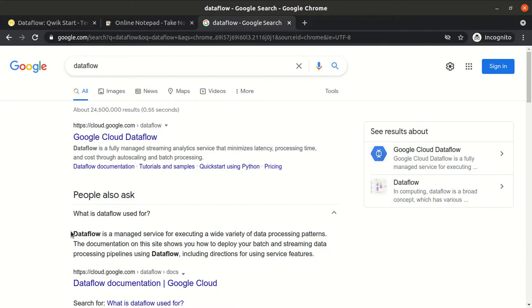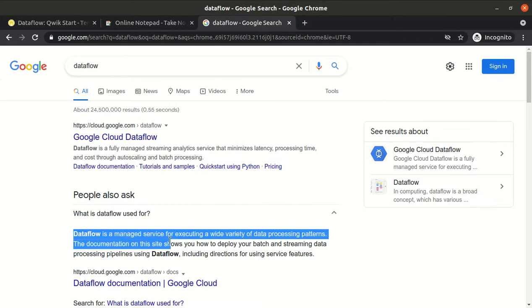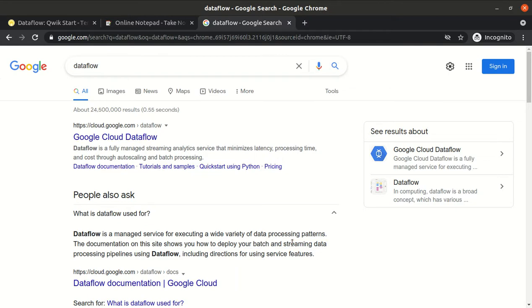So what is the purpose of Dataflow? Dataflow is basically used when we have to run some kind of ETL jobs. With ETL jobs, we want to take the data from some source and put it into some destination, but before putting it into the destination we want to process the data. In that case we have many options.